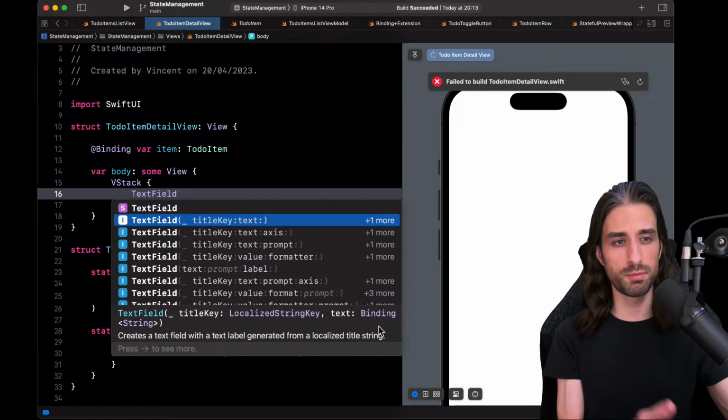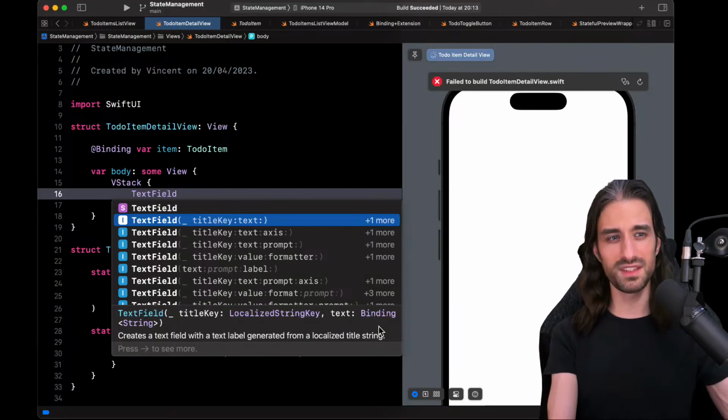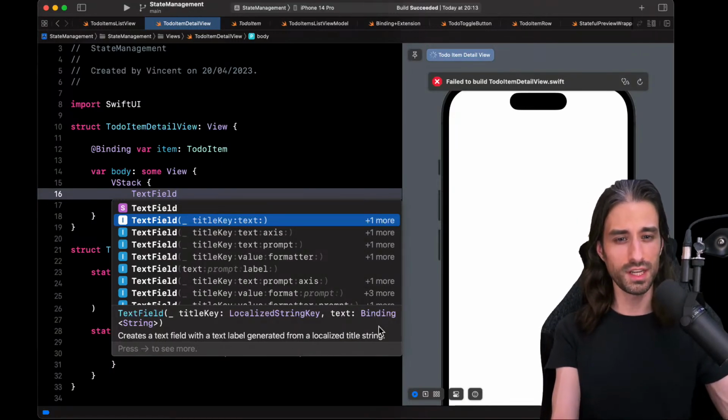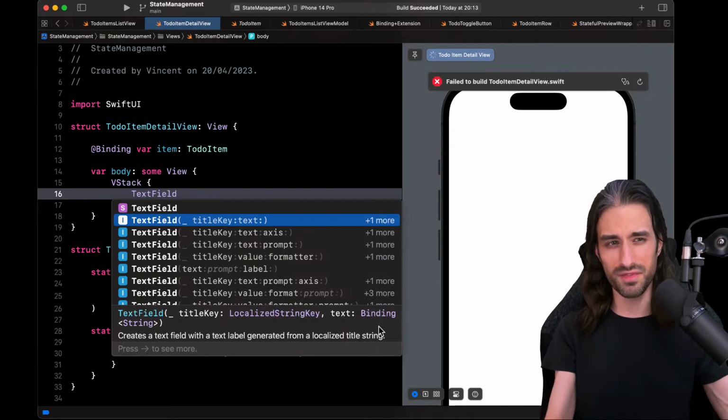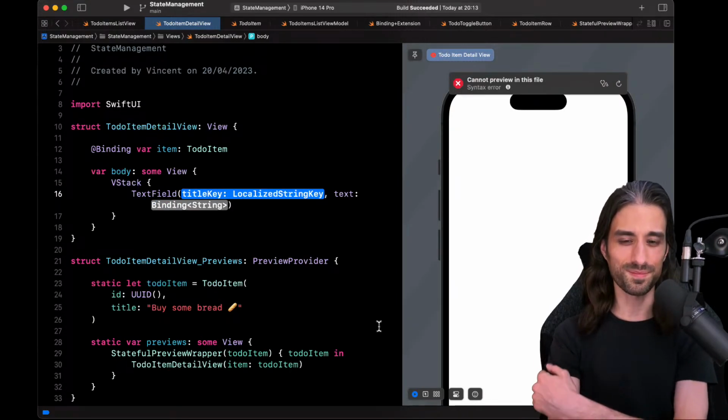It won't just display the value like text does. Text field allows edition, and so to have edition, you need to have a binding, because you need to have a two-way data flow. I know I'm repeating this a lot, but it is so important to understand how a SwiftUI app works that I feel it's important for me to try and explain it as much as possible every time I have an opportunity for it.